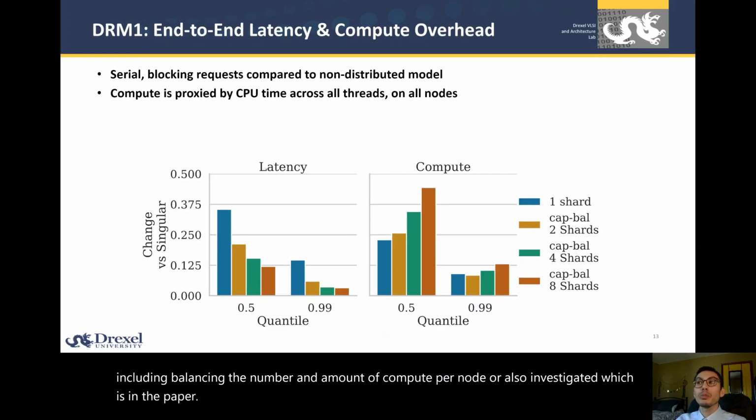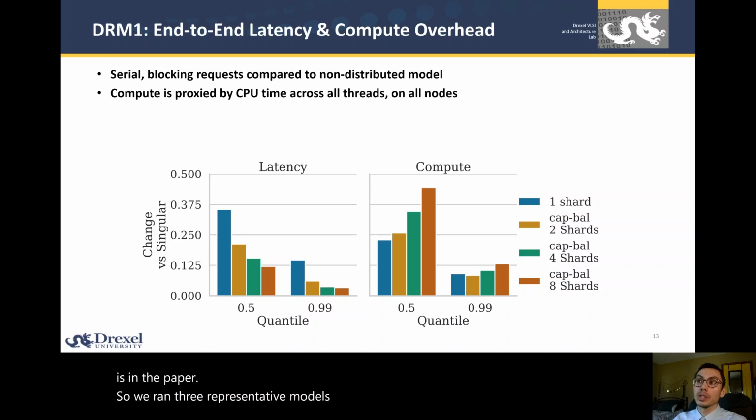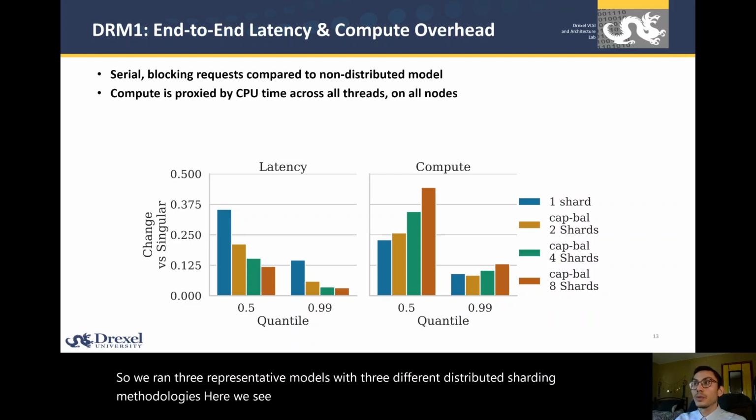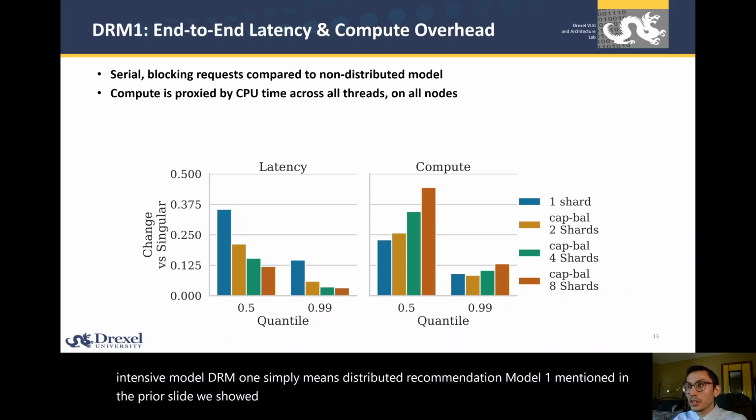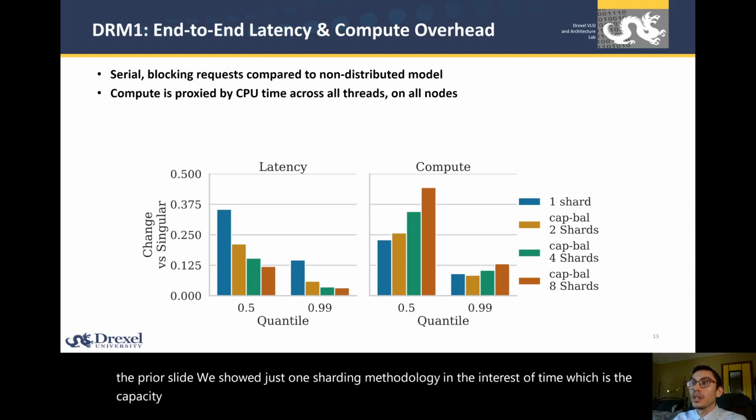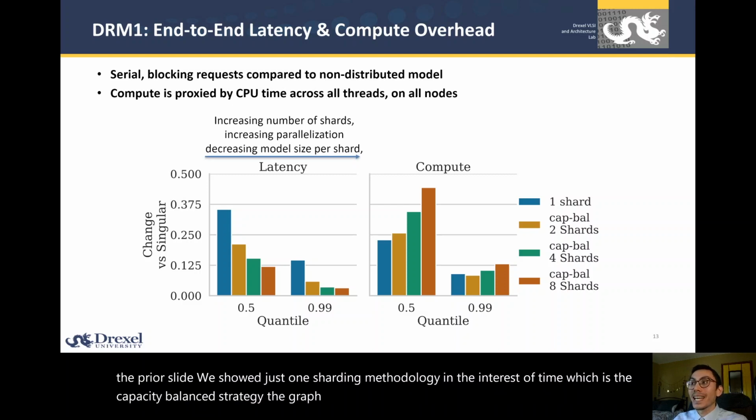So we ran 3 representative models with 3 different distributed sharding methodologies. Here we see the overheads for DRM1, which was our most compute-intensive model. DRM1 simply means Distributed Recommendation Model 1. As mentioned in the prior slide, we showed just one sharding methodology in the interest of time, which is the capacity-balanced strategy. The graph on the left shows end-to-end latency overheads across each configuration, and the graph on the right shows